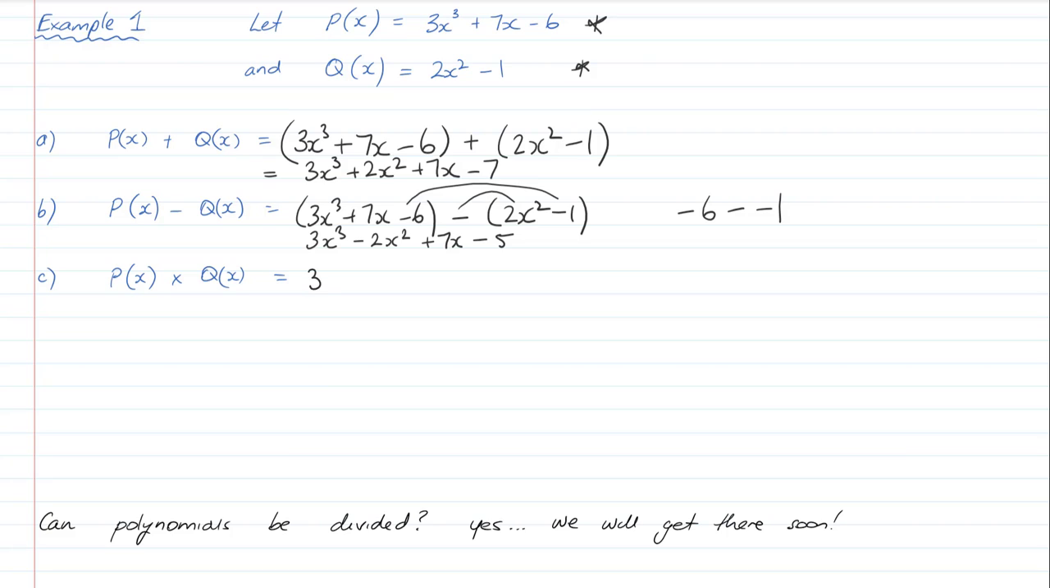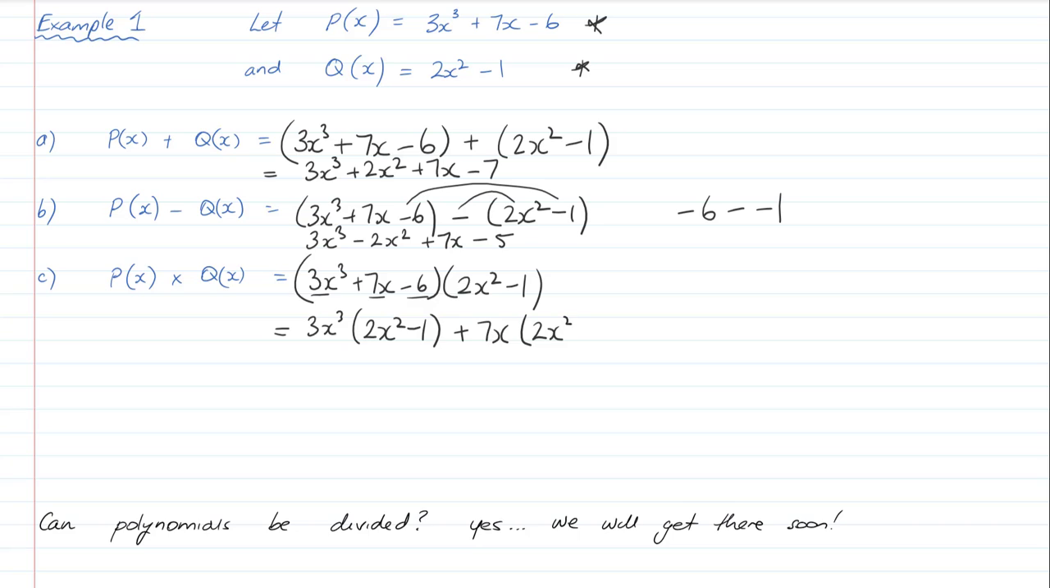So that becomes 3x cubed plus 7x minus 6 times 2x squared minus 1. And this just becomes a bracket expansion. So when I do a bracket expansion, I'm going to always do the distributive law. So what that means, I'm going to distribute every term in my first bracket over the second bracket. So I get 3x cubed times 2x squared minus 1 plus 7x times 2x squared minus 1 minus 6 times